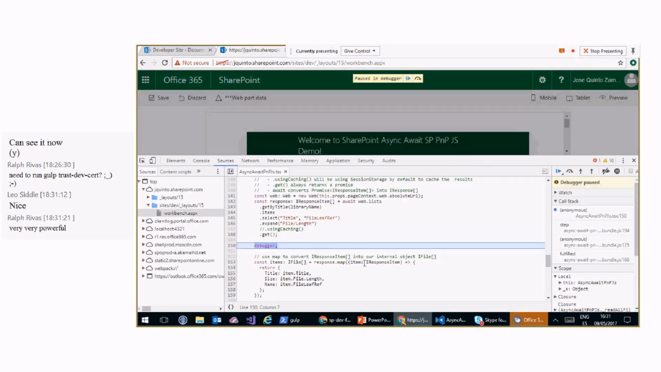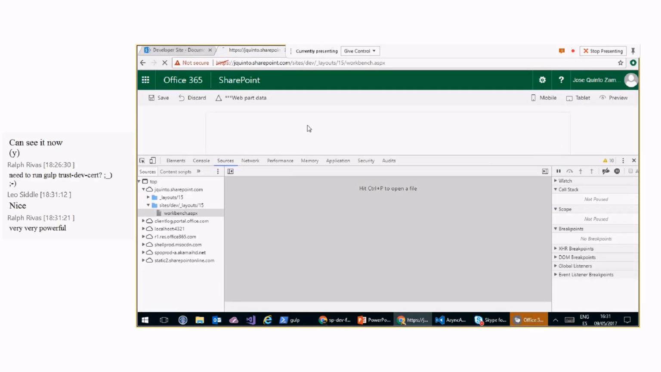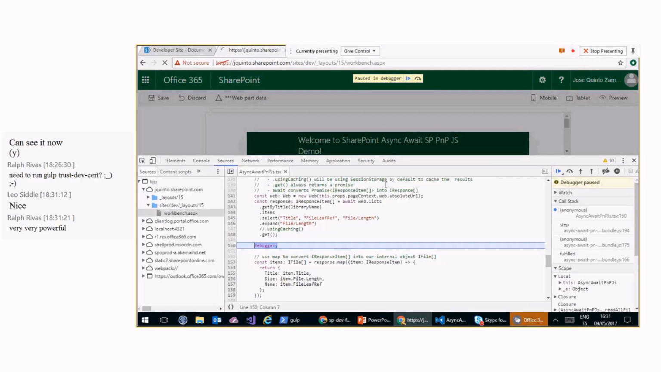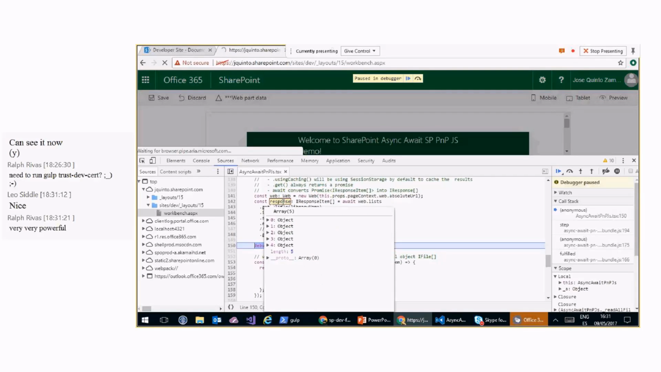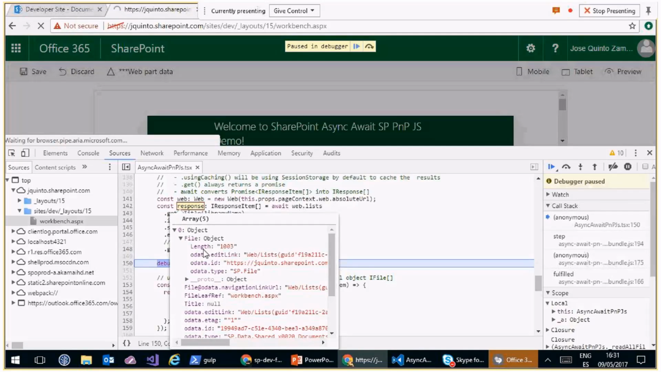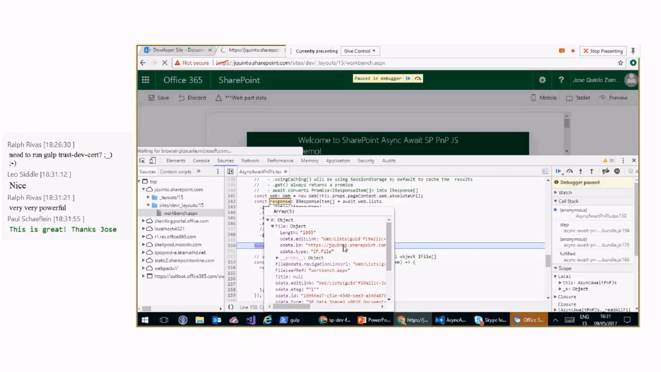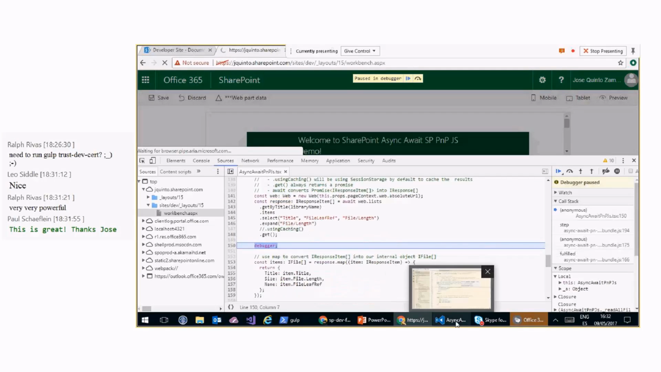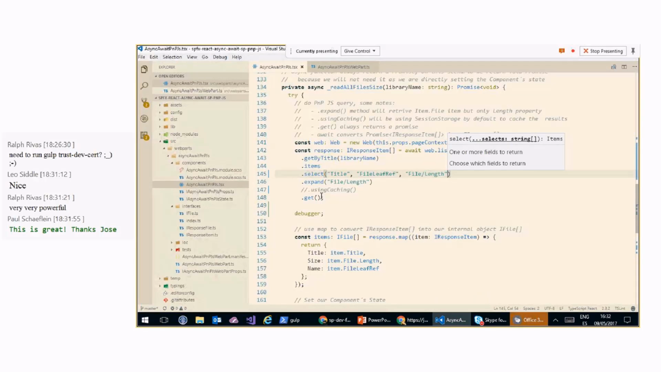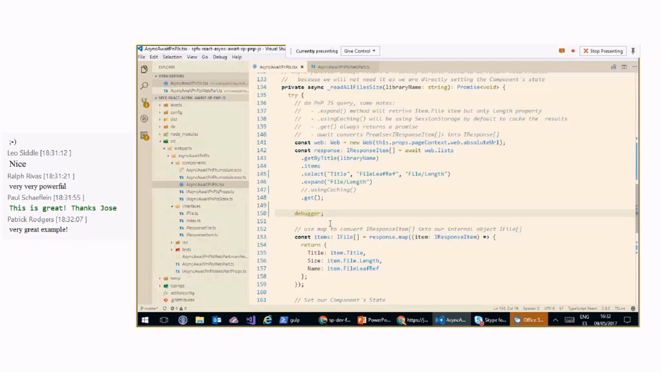Let's refresh the page. And for example, if we look into the first object and the file, actually we are only getting the length. So that means that we can build really performant applications using this kind of structure, and it's really quick to work with. So after that, we have actually all the objects on our response, and the only thing we need